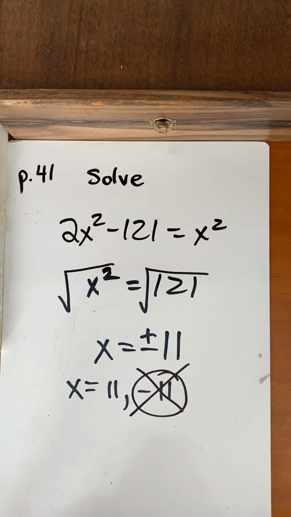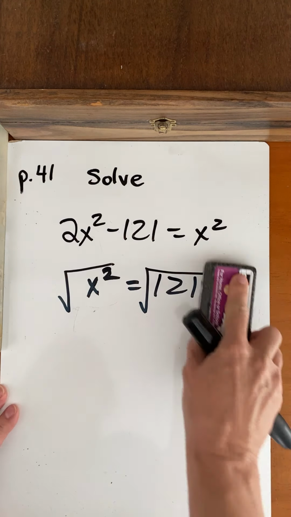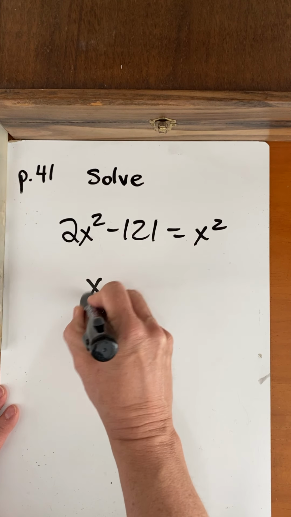You are still responsible for finding both answers. Just because you get lucky and you didn't find the extraneous answer doesn't mean you'll get full credit. So remember, when you decide to square root both sides,